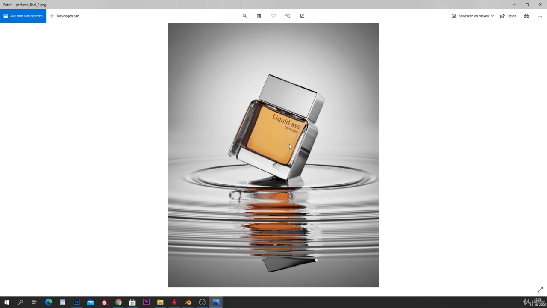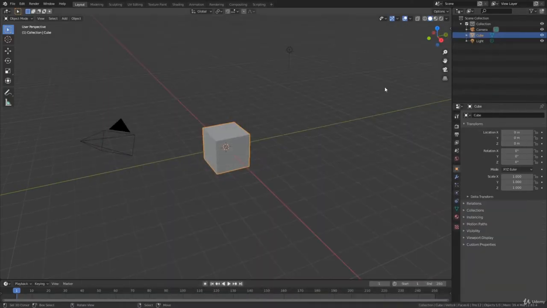And as we can see here, we have a very cool floor, which is actually not a texture or anything. It's literally like a simulation in Blender, and we're gonna do that in part 2. But first we're gonna focus upon this model. This model is already provided for you, so you can just download it, and now we're gonna do the textures as well. So go inside Blender, we're gonna delete the cube,